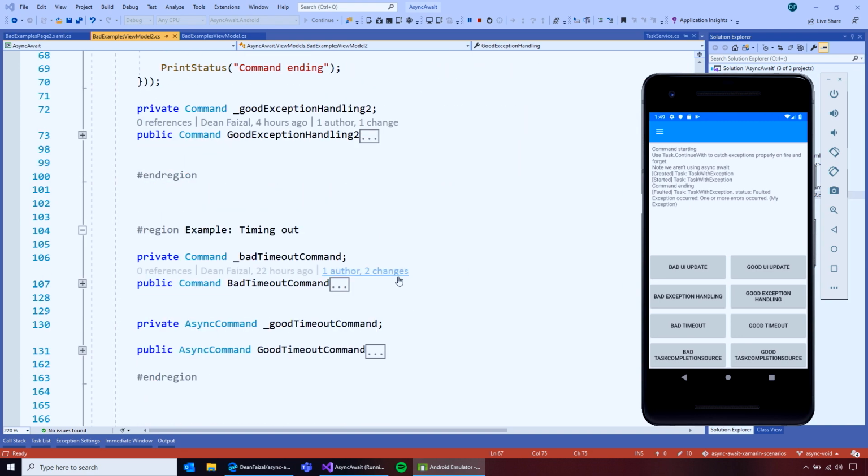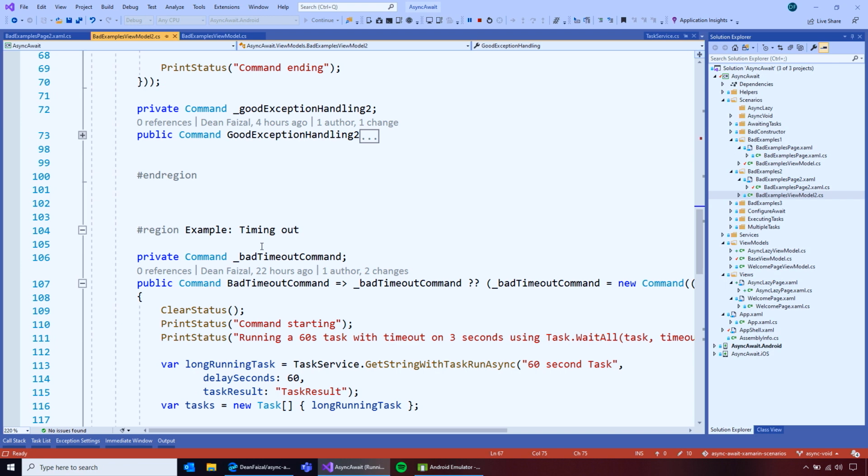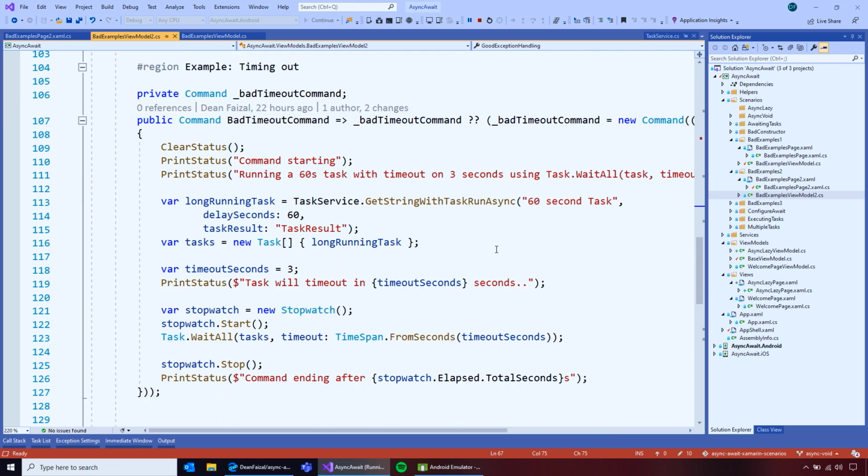All right, now let's look at timing out. So how do you time out a task? Tasks kind of just run. What if you want to set a time limit on it? How do you do that? So the example that I've seen in the field is here, actually,